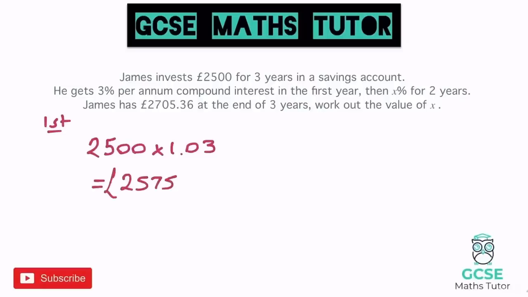£2,575. Now we've got a bit of a reverse compound interest scenario, and we're going to have to create a little formula for this, because in the second and third year he gets X%. Now his starting number, and let's just write down second and third, his starting number now is 2,575. Now if we knew the percentage, we'd multiply it by that percentage, which we'll call x in this scenario because we don't know what it is, and we'd do that to the power of 2 as it's 2 years. And what it's saying in the question is that gives us the answer